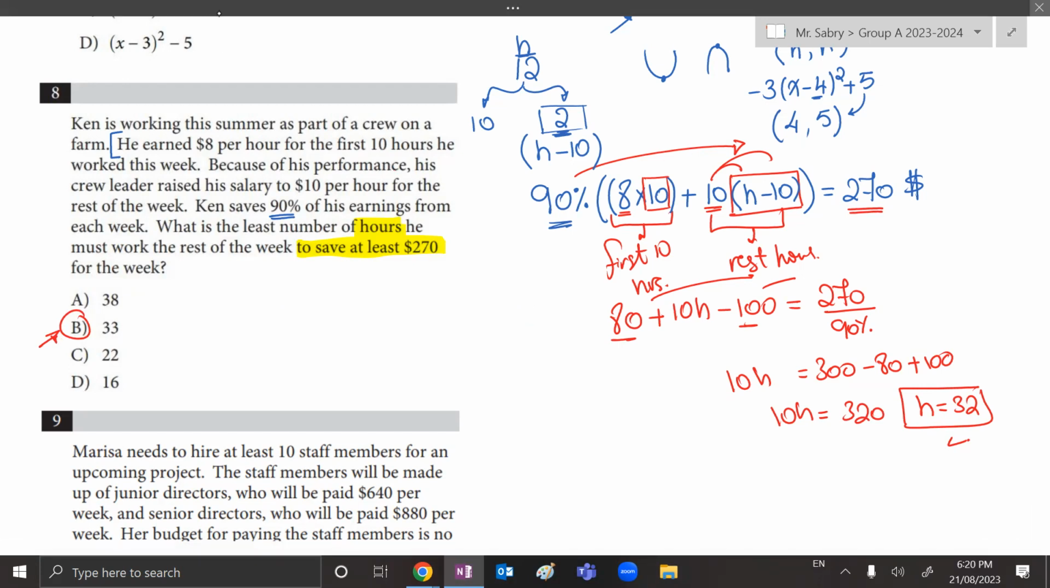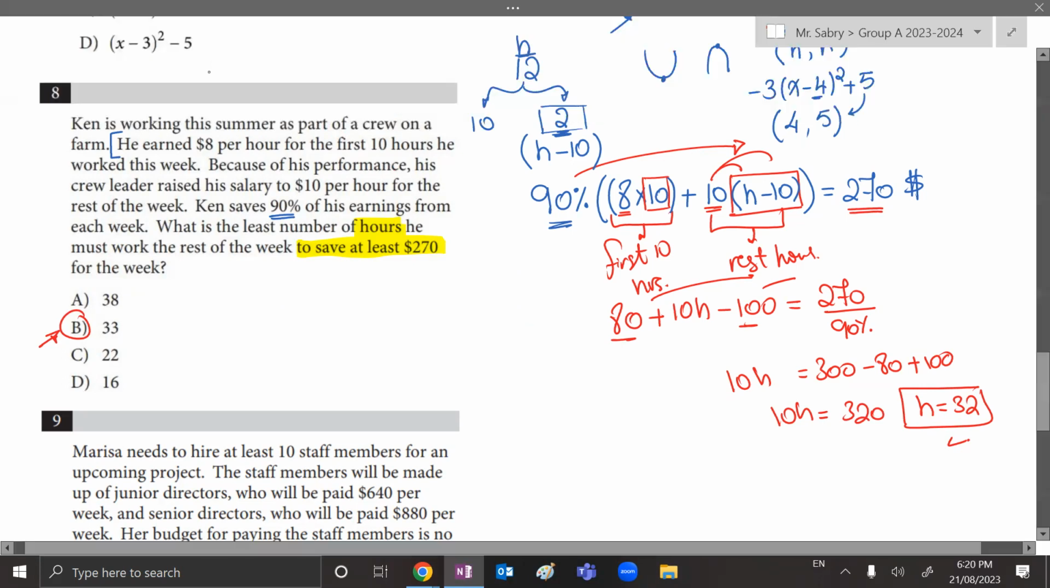There's the other method, which is trying out the choices. Yani if I know already that the first 10 hours are calculated multiplied by 8, so I can try if he worked for 38 hours,